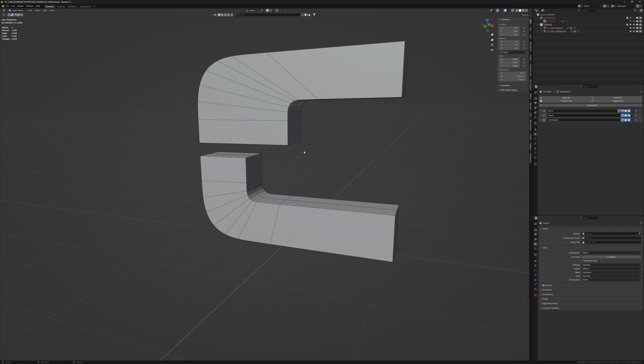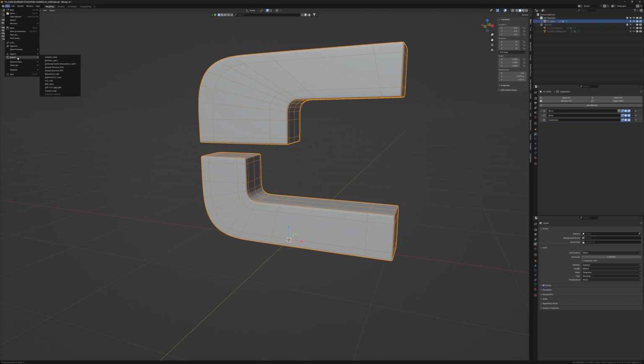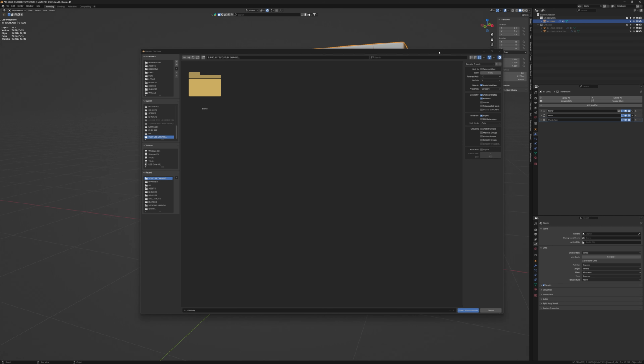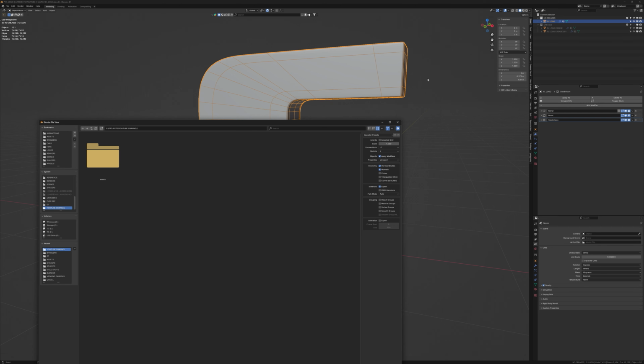So let's go back to the version that we're going to save as an OBJ, which is this one. Because it's an OBJ, this can be 2 parts within 1 component and it won't have an issue with it. So let's go File, Export, OBJ. Let's go back into here, make sure that's selected. So selected only is what we'll be exporting. Let's change the scaling to 100, forward axis to Y,